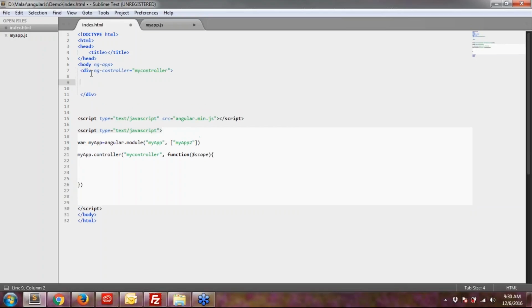So I have a controller in JS and I have attached that controller to the HTML page. Now from line number 7 to line 11 is the scope of this controller. Whatever values you are going to declare in JS, come back to line number 22. You just create one variable dollar scope dot name equal to